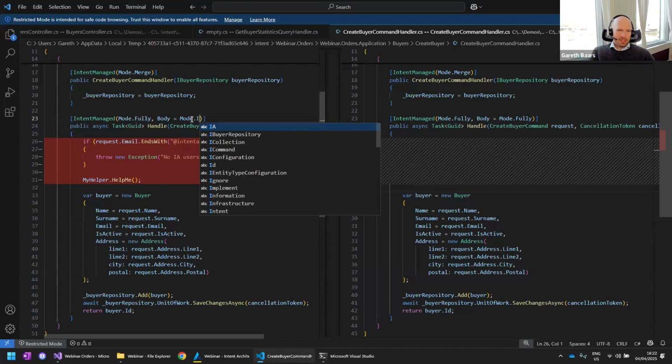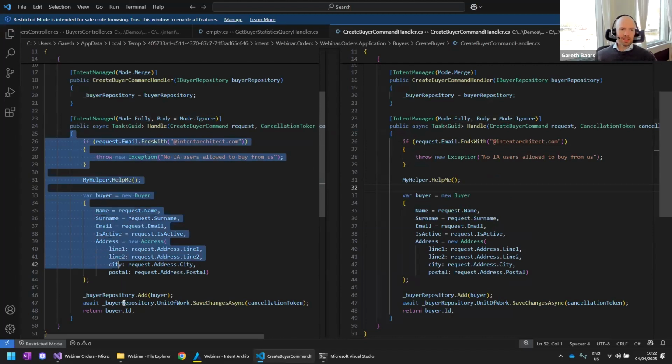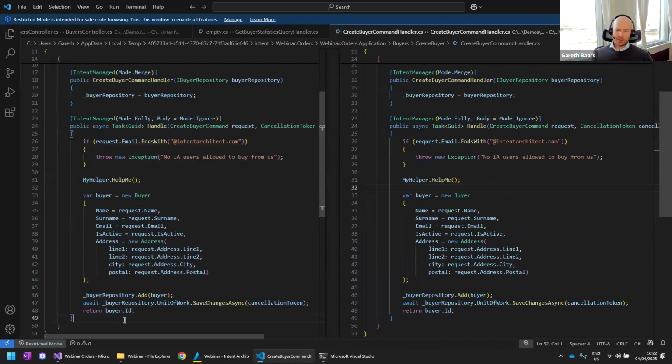So what I'm going to do here is, in this case, maybe I just want to ignore this code. And what I've told Intent Architect, and I'm sure this is pretty intuitive for you guys, is that everything between these two curly braces is now, in fact, ignored by Intent Architect. I've essentially said, I will take over this as a developer, and I will manage any changes that need to happen to this code going forward. So any code changes, I will take care of those in here. So that's the first example.